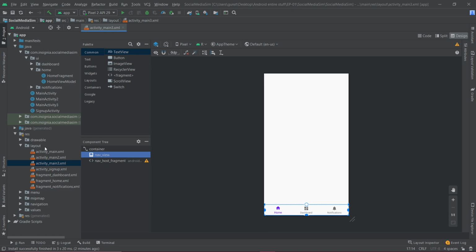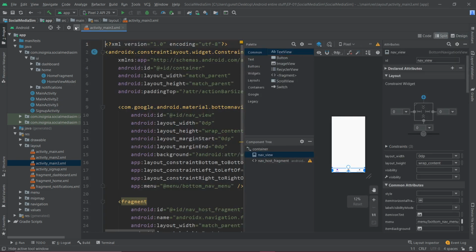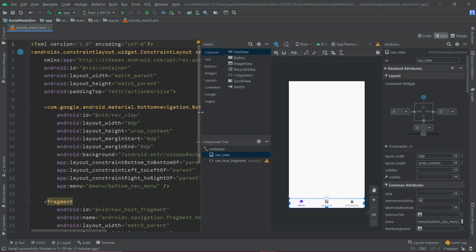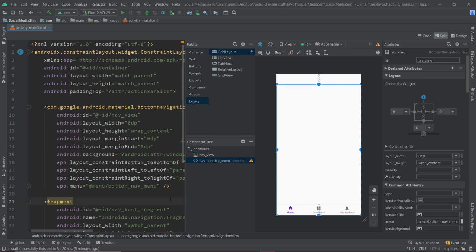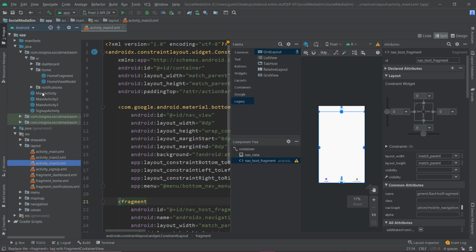What this nav view does is it contains icons. If you click on any of these icons, the respective page will be loaded on the nav host fragment. That is how this works. Let me get to the code part and show you how it goes internally. This nav view is placed in something like a bottom nav menu. Let's navigate and find that menu.